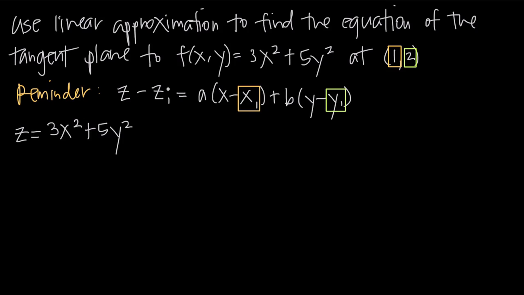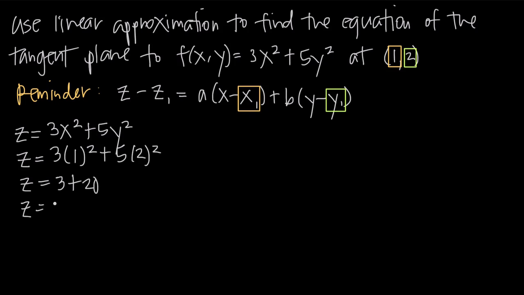So to find z sub 1, all we do is plug in the point 1, 2, and we get z is equal to 3 times 1 squared plus 5 times 2 squared, or z is equal to 1 squared is 1 times 3 is 3, 2 squared is 4 times 5 is 20, so plus 20, z is equal to 23. So this value here then, 23, that is going to go in for z sub 1 right here,